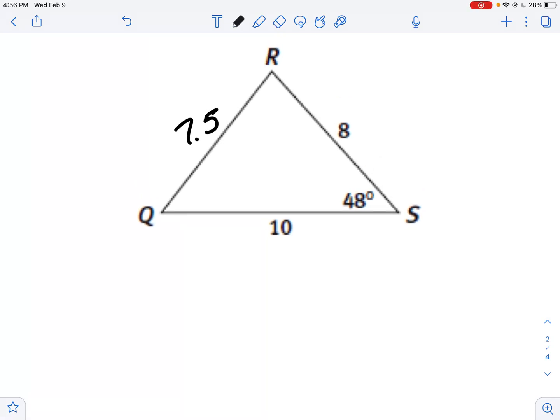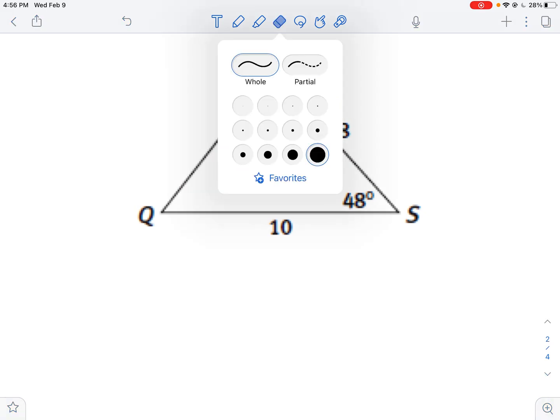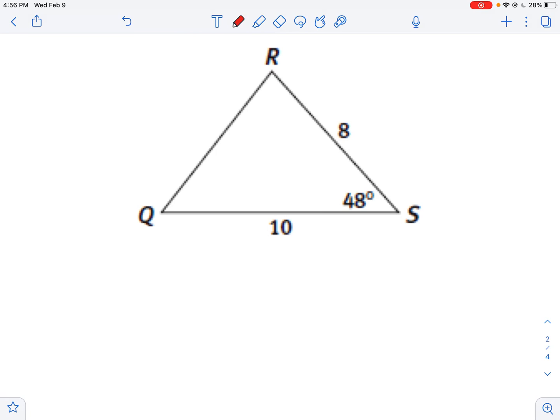Hi, welcome back to our honors geometry videos. In this video, we're going to talk about how to solve for missing sides in a non-right triangle using the